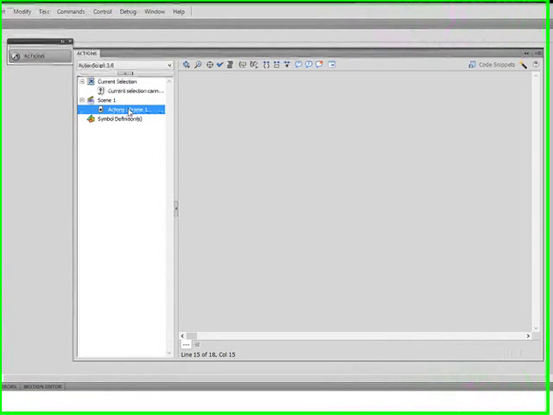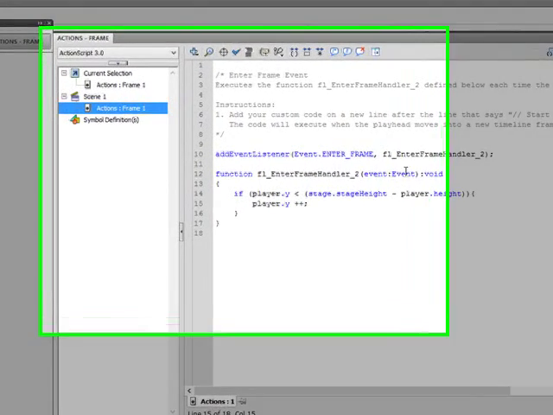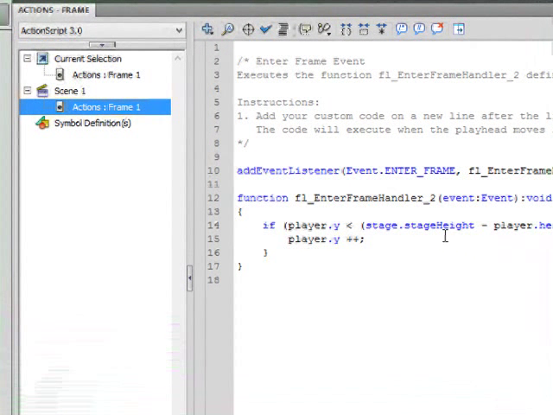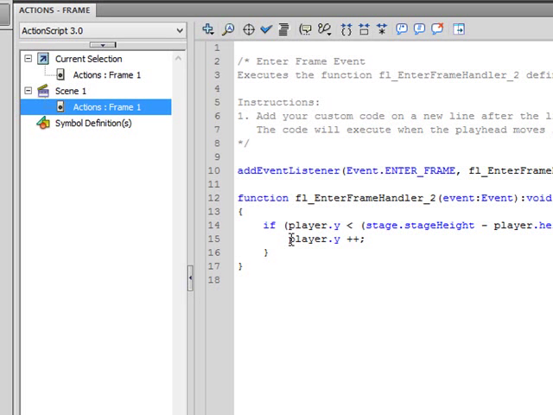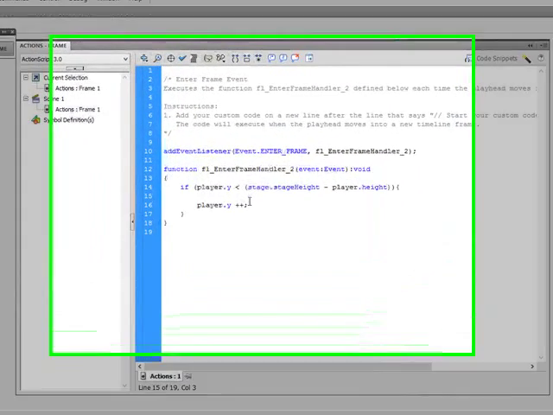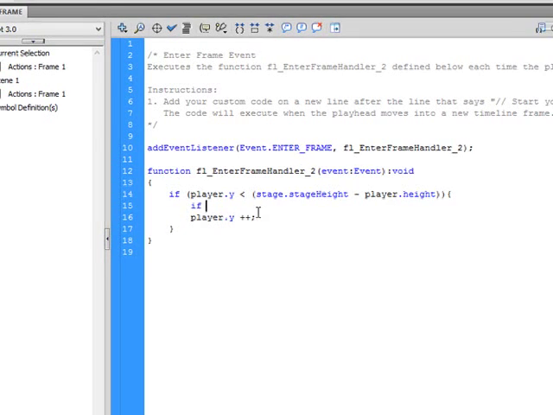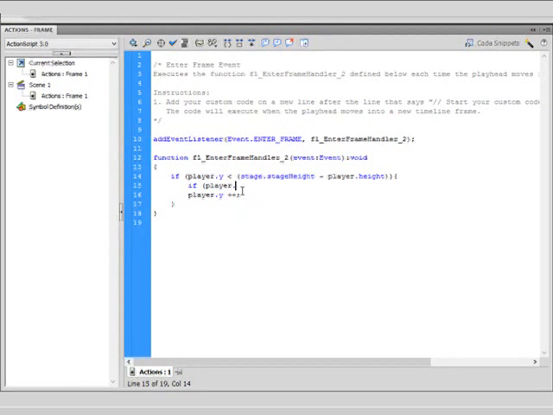Now this is relatively simple. If you think about it, in these actions we're saying that on every frame, as long as it's above the stage height, then move it. But also we need to take into consideration that it's not hitting a platform. So I'm going to put a nested if in there. I'm going to say that if player.hitTestObject, so we're saying that if the player hits the platform,